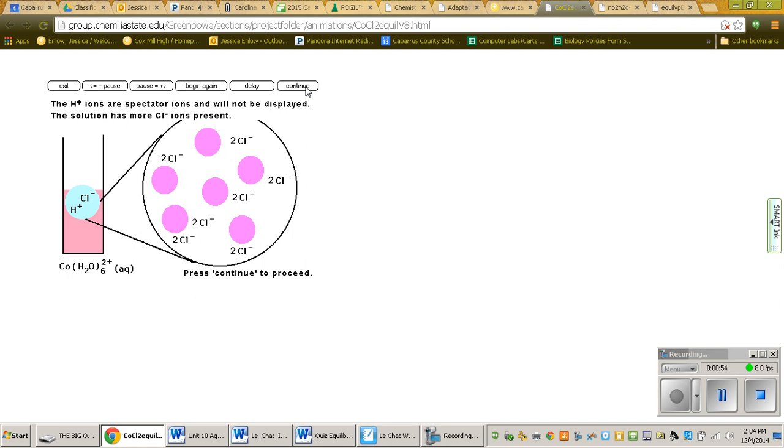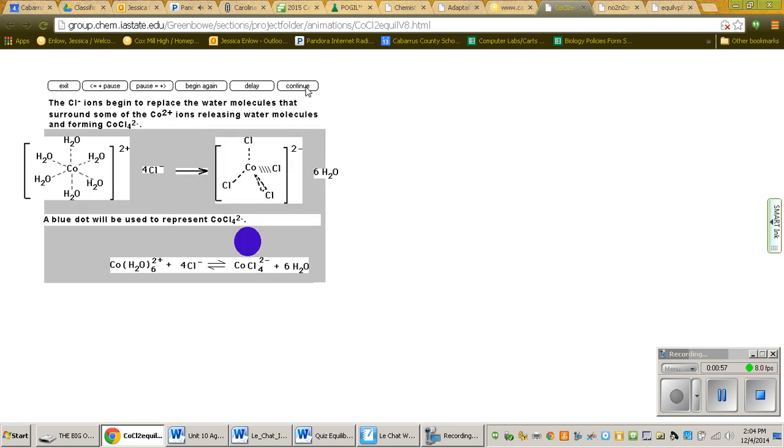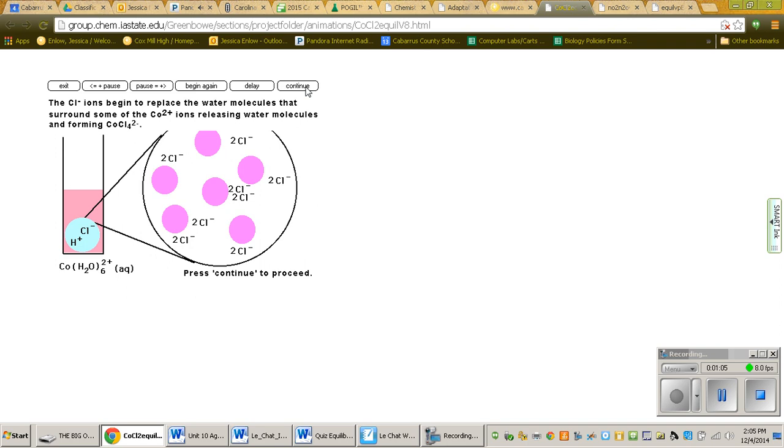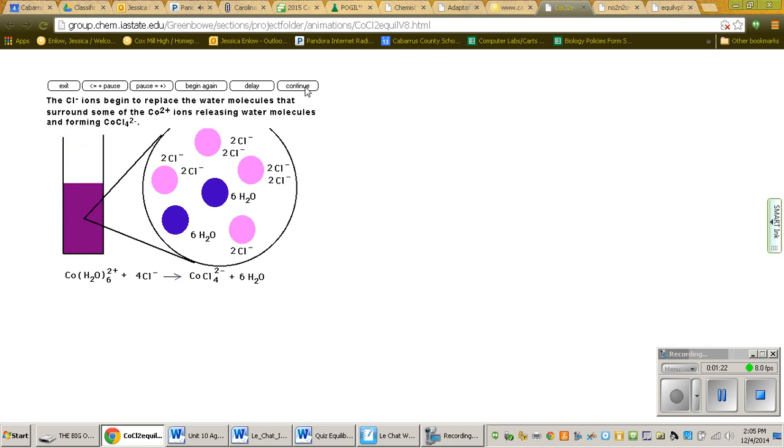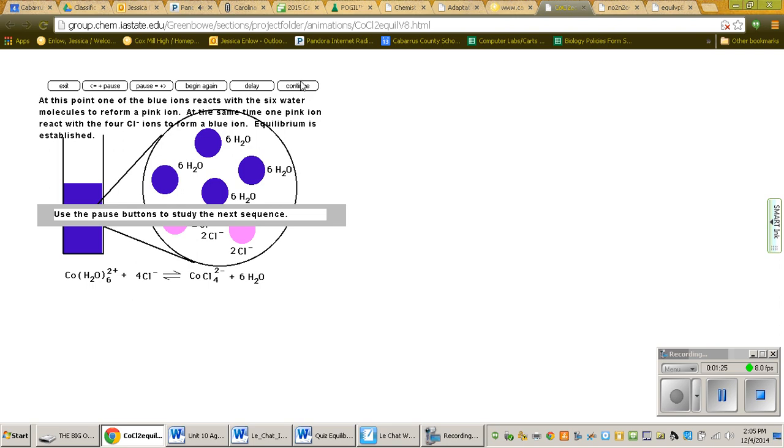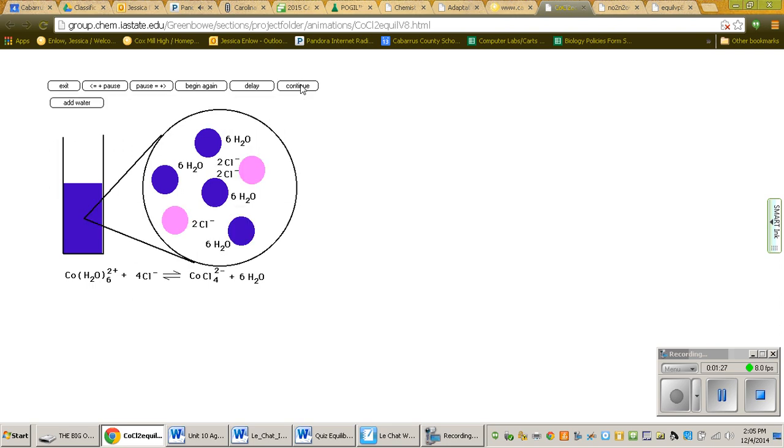This is adding more HCl. You can see the reaction, and this is of course a coordination compound, which you love. Pause this as you need to. You can't press pause, but you can see the differences in the equilibrium here as they go forward and